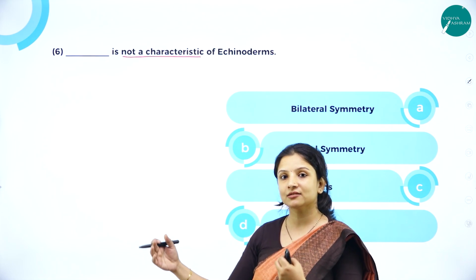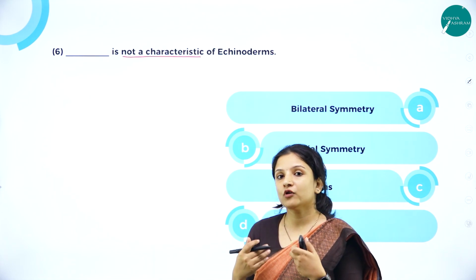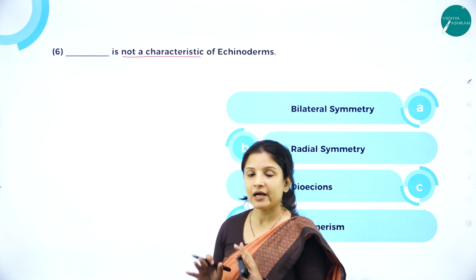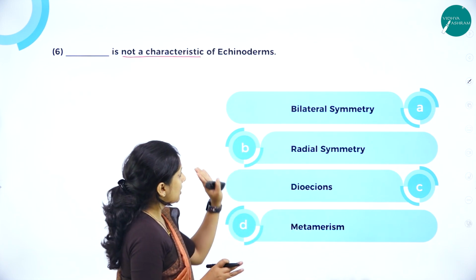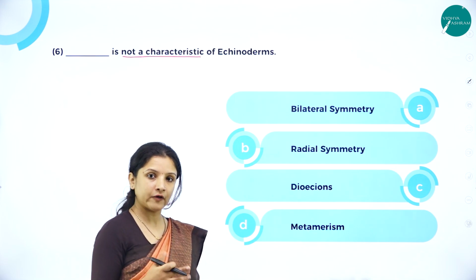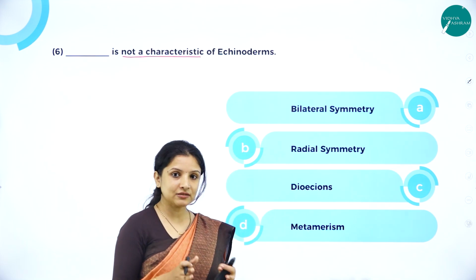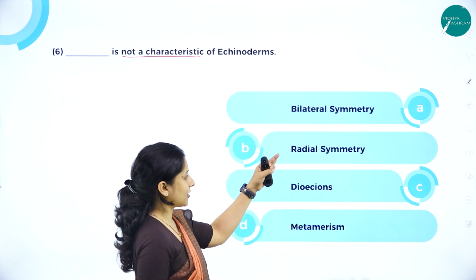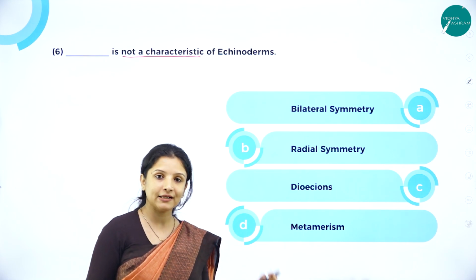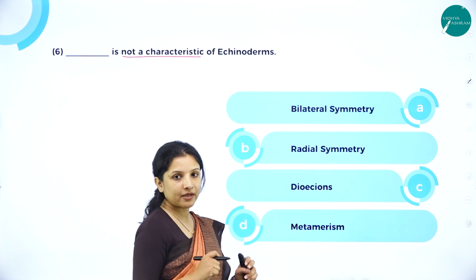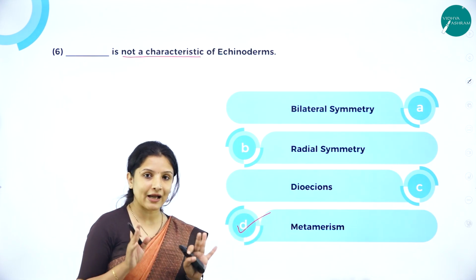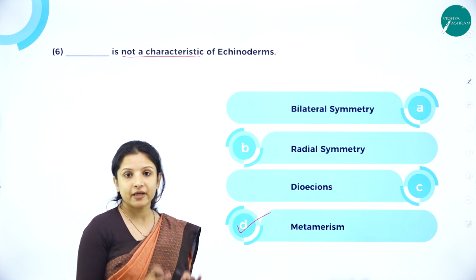Dash is not a characteristic of adult echinoderm, or I have not mentioned anywhere dash is the characteristic of larva of echinoderm, right? I've just asked echinoderm. So bilateral symmetry is a characteristic of echinoderm which is seen in larvae of echinoderms. Radial symmetry is a characteristic of adult echinoderm. So both are correct here. Dioecious, of course they are dioecious because the sexes are separate, wherein male is separate, female is separate. Is it metamerism? Yes, the option here is metamerism because metamerism is not a characteristic of echinoderms,